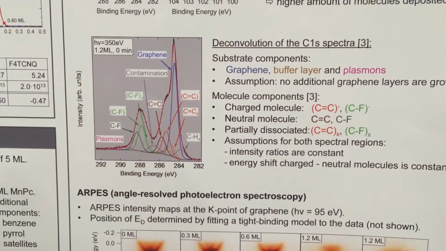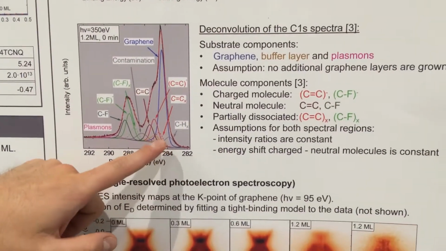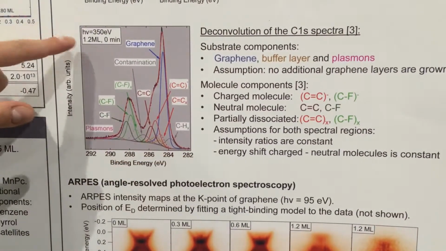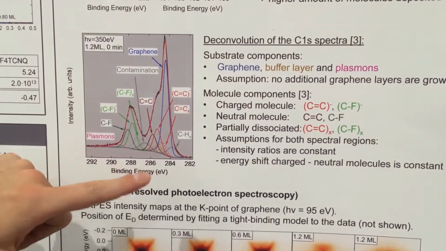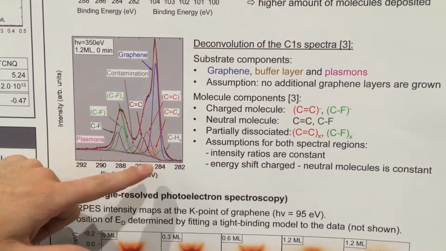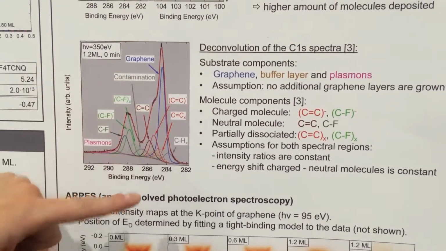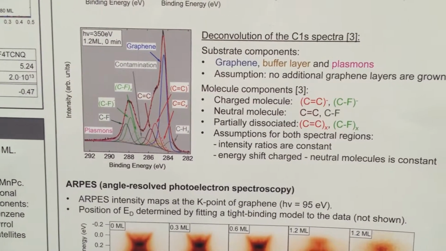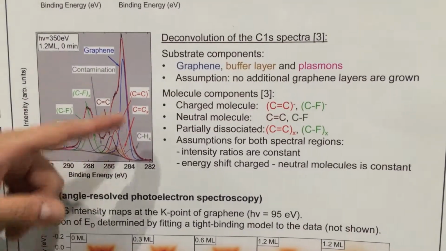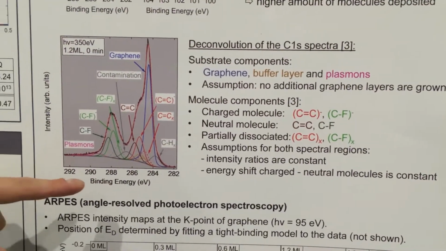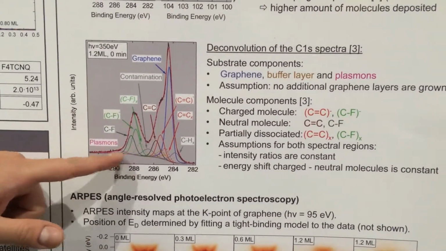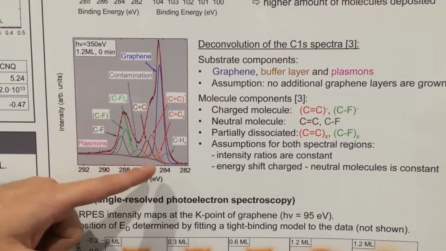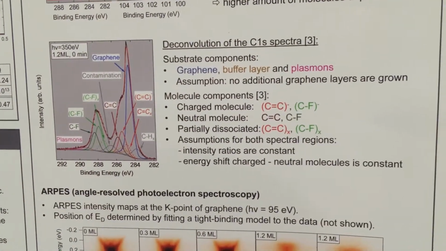So basically what you have is from graphene the buffer layer, which is here. You can see this at this photon energy. We know it. We estimated it from a higher photon energy. We got the graphene component, which is the blue, and the buffer layer components. Okay, same work, same procedure as the other work, but inside these peaks, inside the spectra, are also the parts from the fluorinated molecule. So these are the green parts, and from the carbon from this C60F48, these are the red parts here. And we could estimate